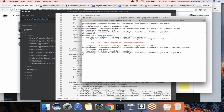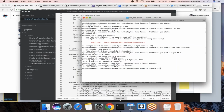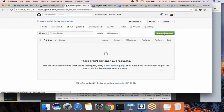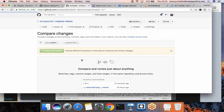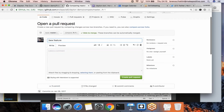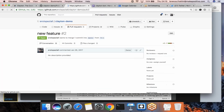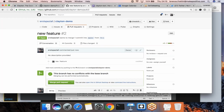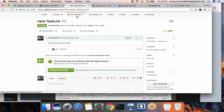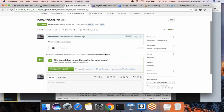Hopefully everything works. And now, as I mentioned earlier, the code review moment is normally something that I do at pull request time. So as a developer, I am now creating a new pull request with my new feature, and this is basically the point in time where normally I would have another human looking at my code. So normally other developers in the project will get an email, things like that. What should happen here is that